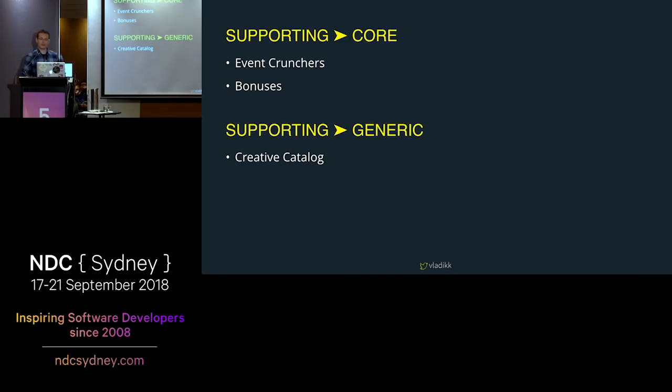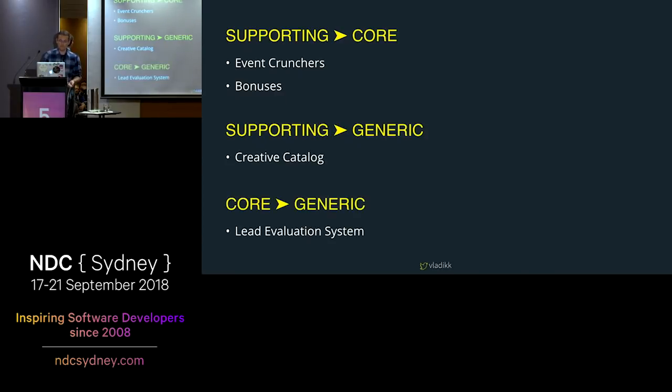In the marketing context, we implemented our own creative catalog. Nothing really special or complex about it. However, a few years later, an open source project came out and it offered the same functionality and even more features than we originally had. So we threw out our implementation and replaced it with this product. A supporting domain became a generic one.